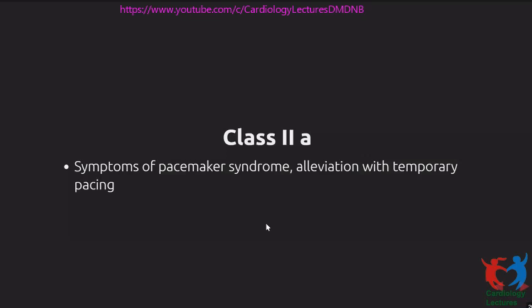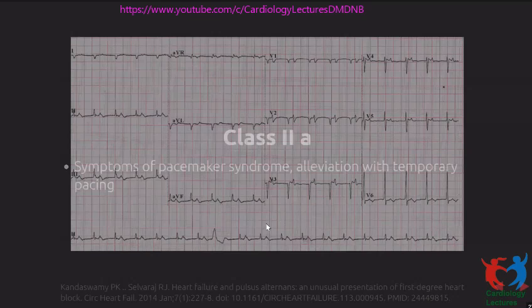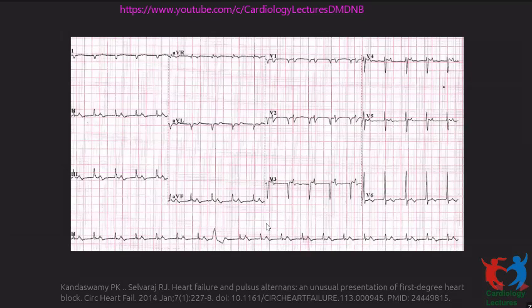So pacemaker syndrome is a condition where you have, so this is one of our patients actually from a few years back, and this ECG looks very bizarre, but what it actually is is sinus tachycardia. This is the P wave, and this whole thing is the PR interval, and there's the QRS, and you can see the next P wave comes almost right on the QRS.